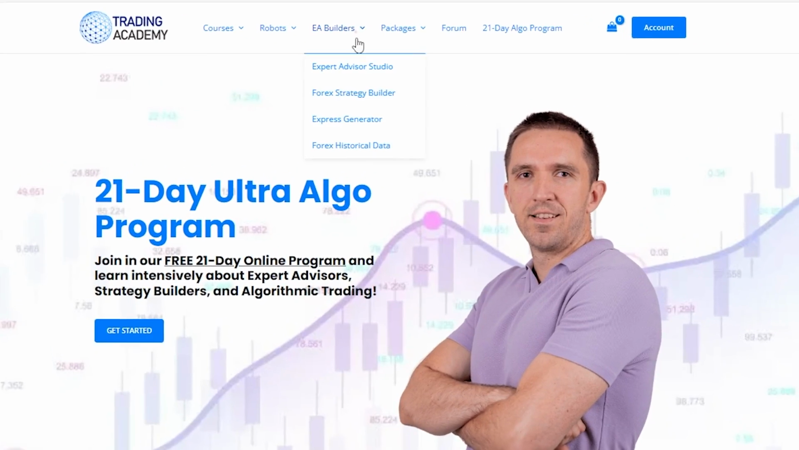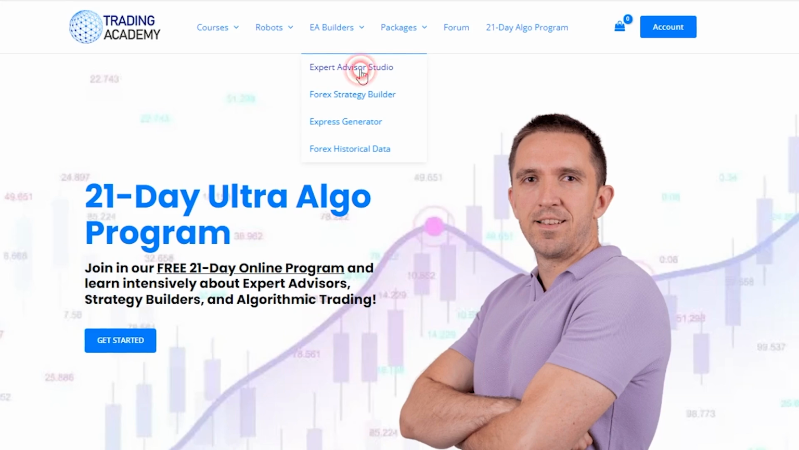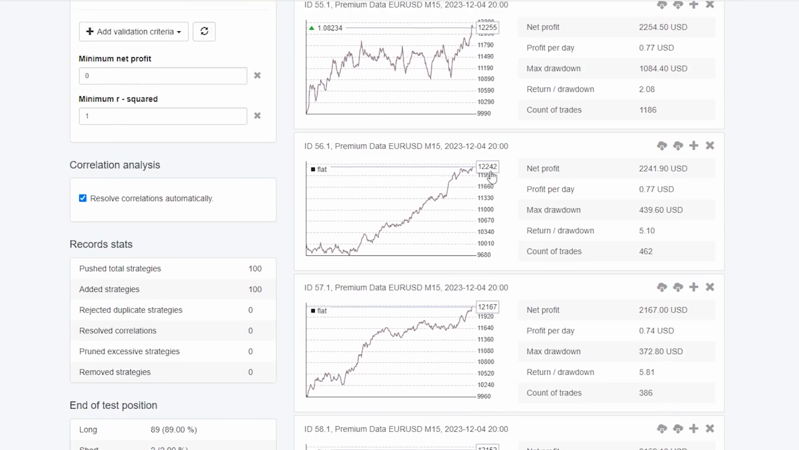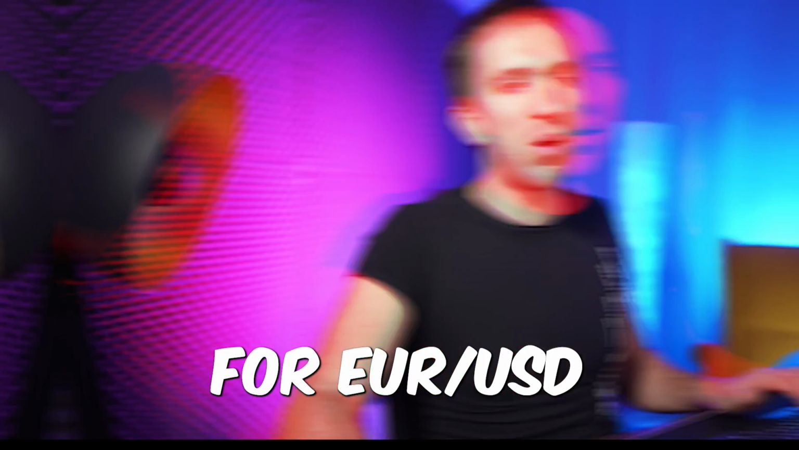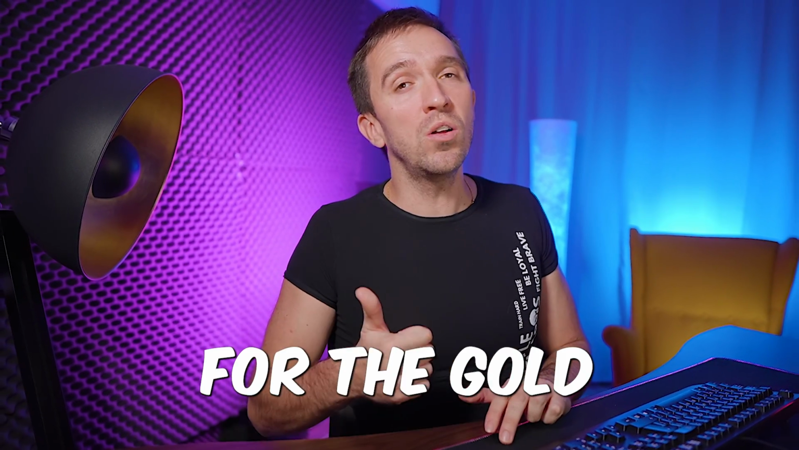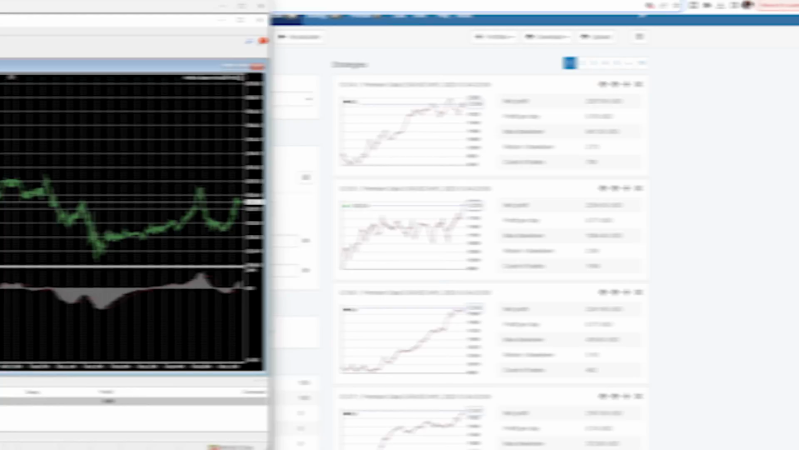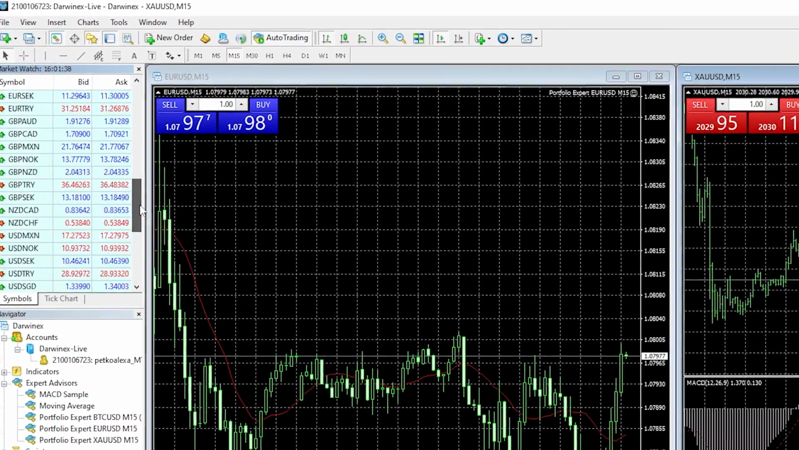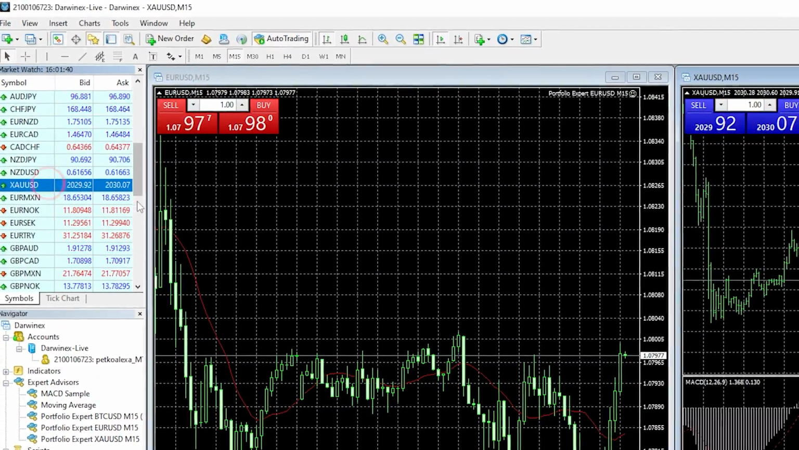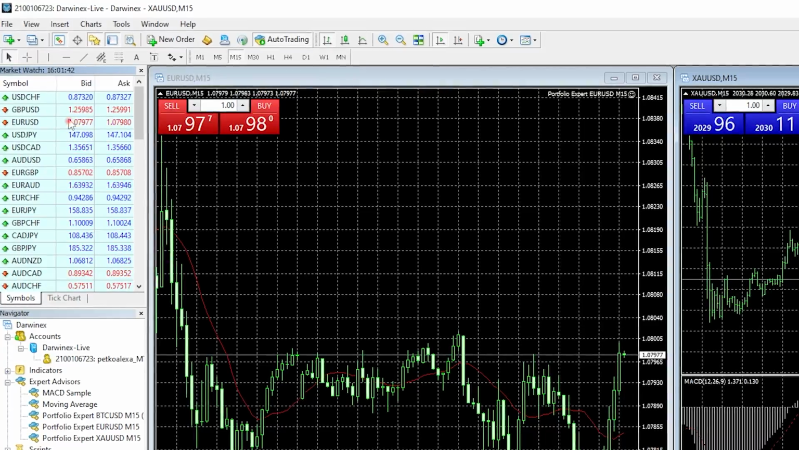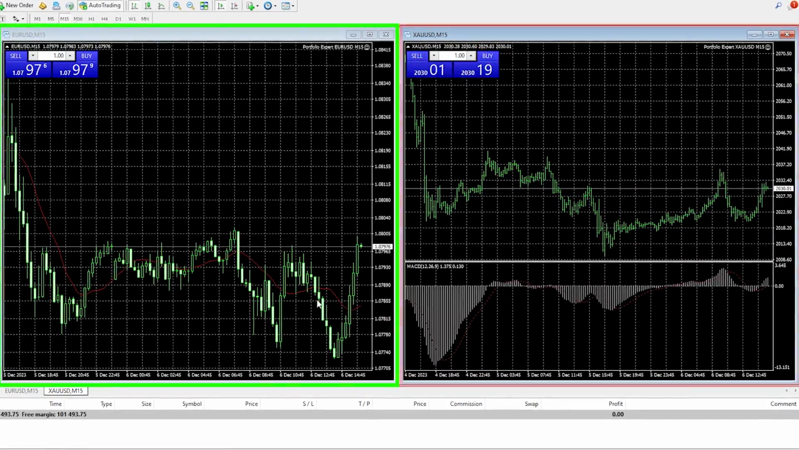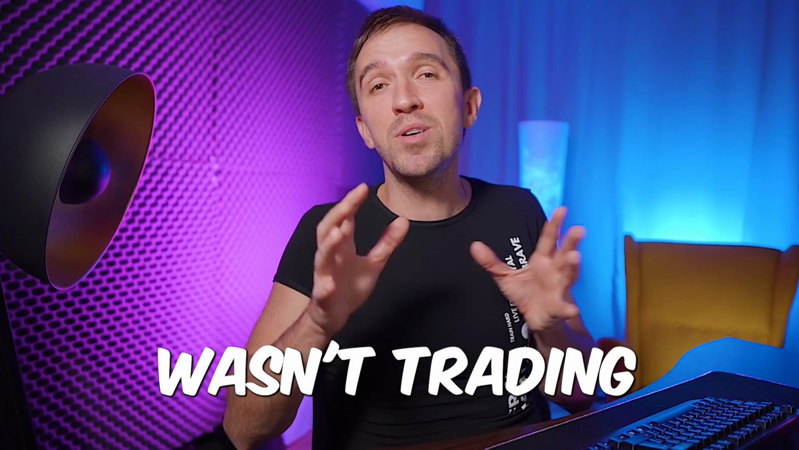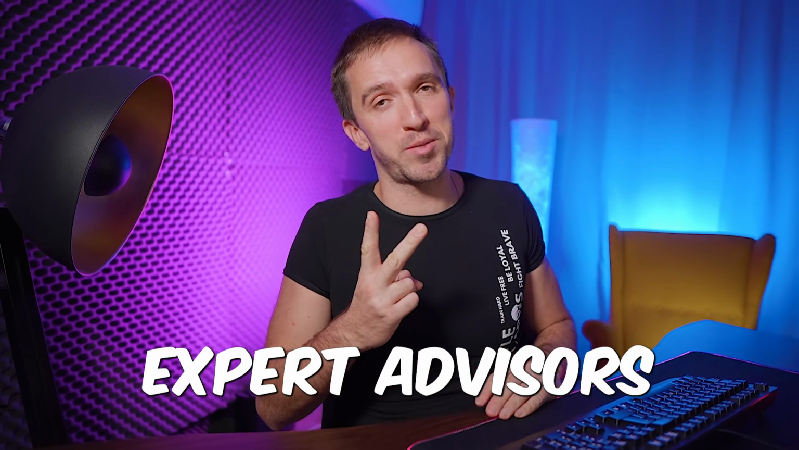So I used the EA Studio Builder that we have integrated in the Academy, and I have generated hundreds of expert advisors for Eurodollar, as well as for the gold and for Bitcoin. But Darwinex doesn't allow Bitcoin, so I created a robot just for the gold and as well for the Eurodollar, and you can see that I have 2 charts with 2 expert advisors,